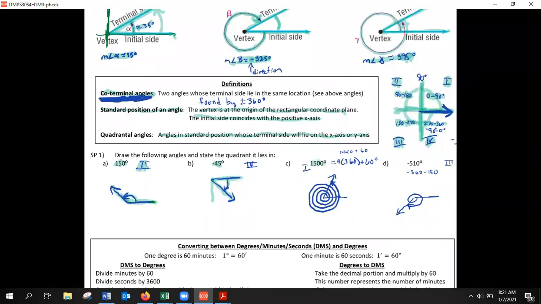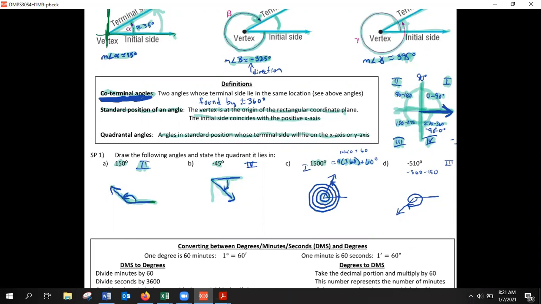Now, something like this, it's a lot easier for us to be able to draw this if we break it down into 360 degrees. How many times does 360 degrees go into that 1500? So if you see, I wrote it as 4 times 360 plus 60, which is true. I know most people don't like to think that way, but it's very, very helpful where we have one 360 degrees, and then another one,